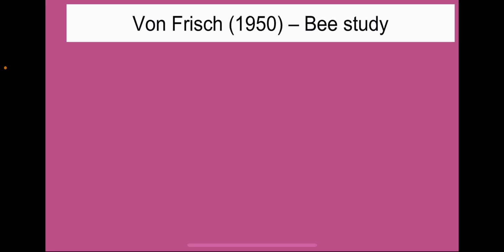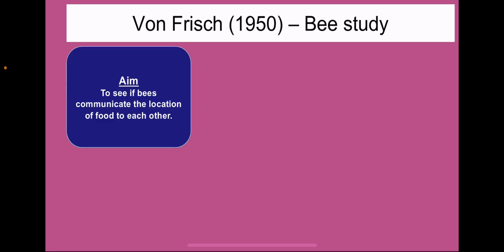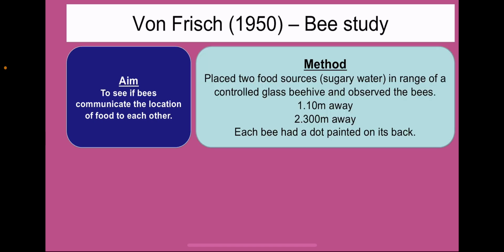is the von Frisch bee study. Von Frisch wanted to investigate the idea of animals communicating for food, and he wanted to find out whether or not bees communicate with each other about the location of food. What von Frisch did was a really clever setup. He sourced himself a glass beehive, which is quite good because it means that he can see what the bees are doing. He popped a little painted dot onto each bee so he knew that it was his bee,